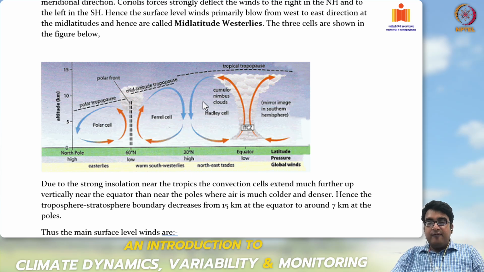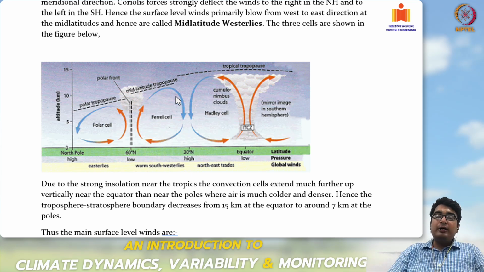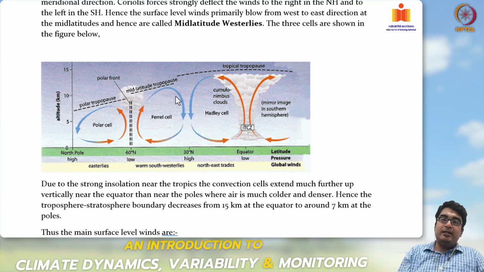So, you have a very strong temperature gradient around 30° north at the top of the troposphere, and a strong temperature gradient in the meridional direction creates strong westerlies due to the thermal gradients, due to the geostrophic balance equation